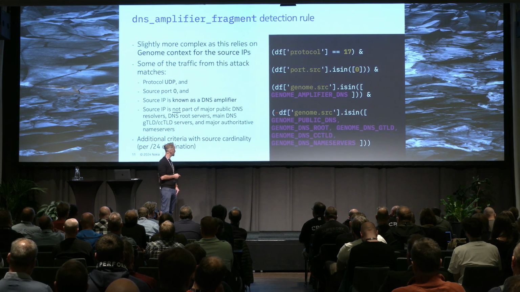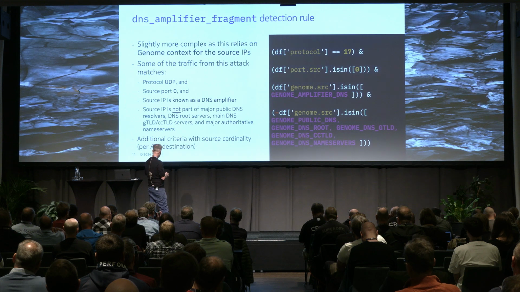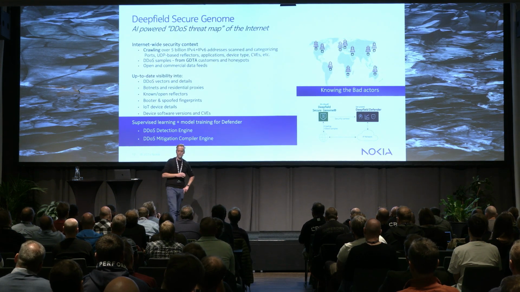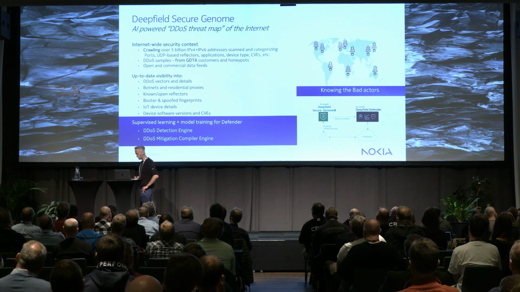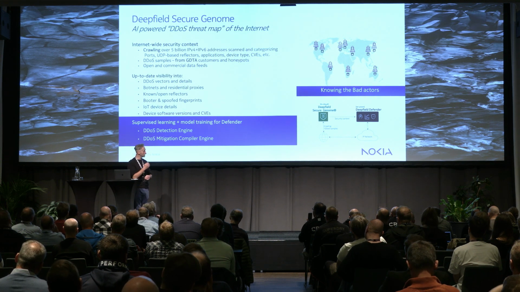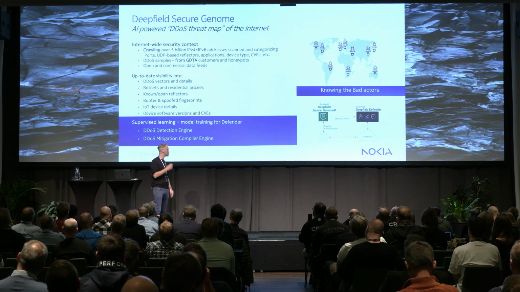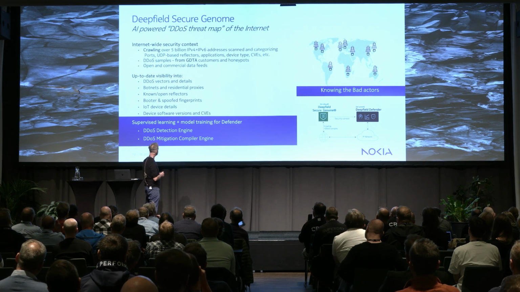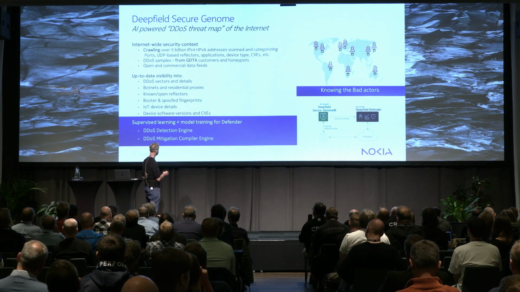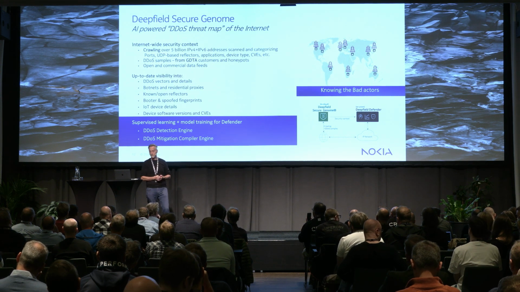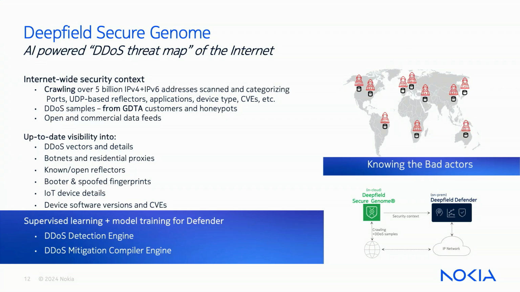And how do we find them on the internet? What we're doing is we're crawling the internet for every single IP address on the internet. We're crawling across it every few days, and we're looking for compromised vulnerabilities on those IP addresses. Once we fingerprint a specific compromised device, IoT device, or a compromised VM or server on the internet, we will